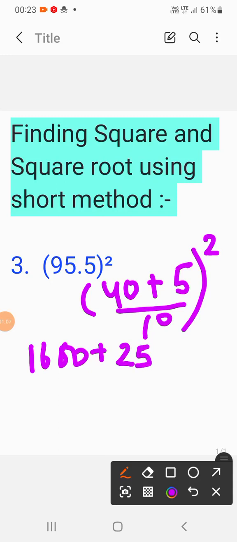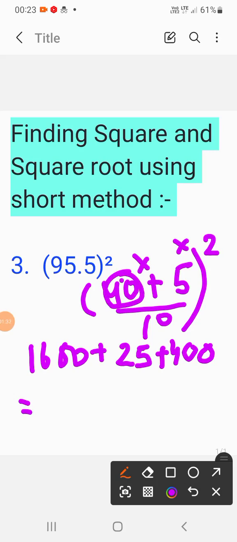And 40 into 5 into 2, which would be 2 into 4, which would be 8, and 8 into 5, which would be 40. So 40 and 10 from this part, so we have 400. Now 1600 plus 400, which would be